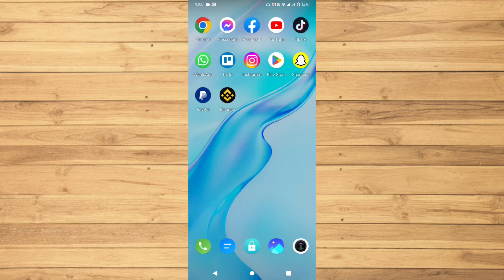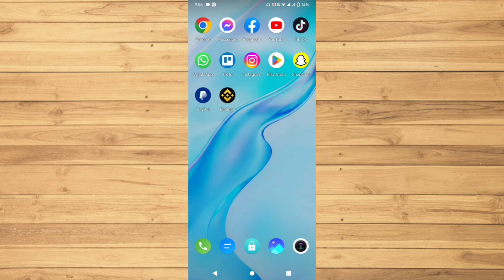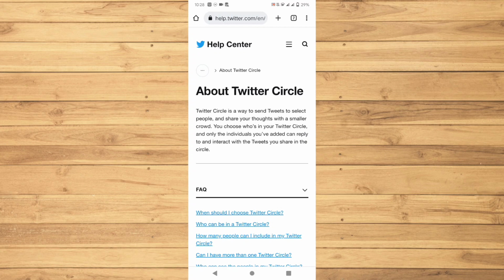In today's video, I'm going to answer what is Twitter Circle and how to use Twitter Circle 2023. To answer that question, you just have to go to your browser and type in what is Twitter Circle. It says here that Twitter Circle is a way to send tweets to select people, and share your thoughts with